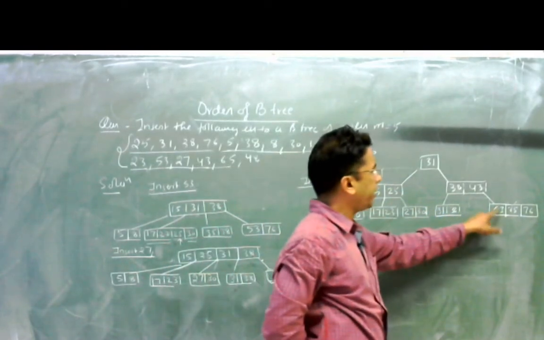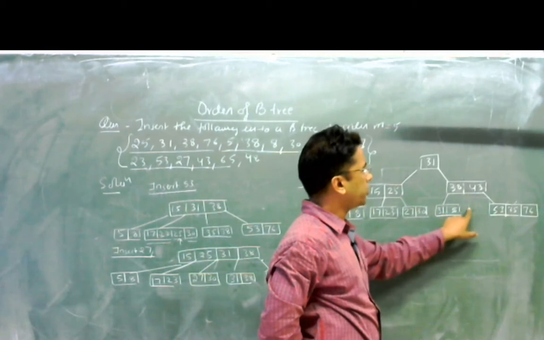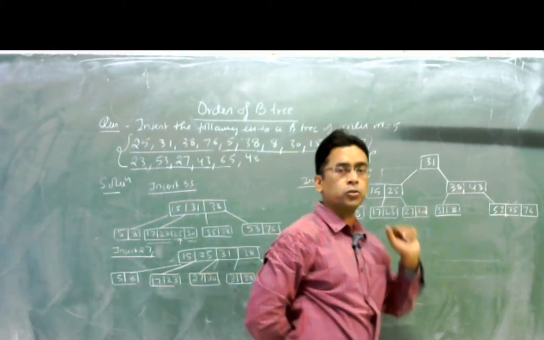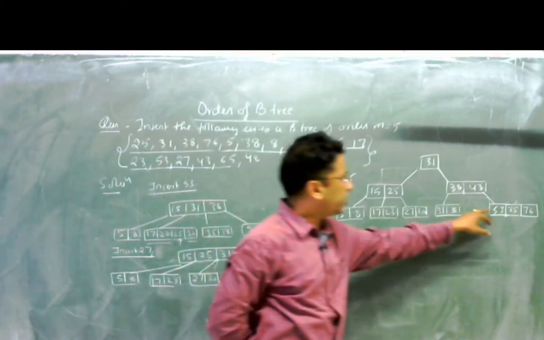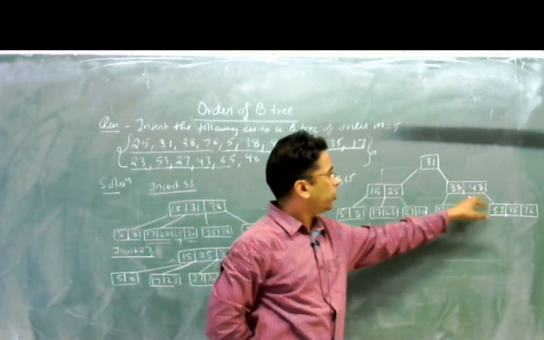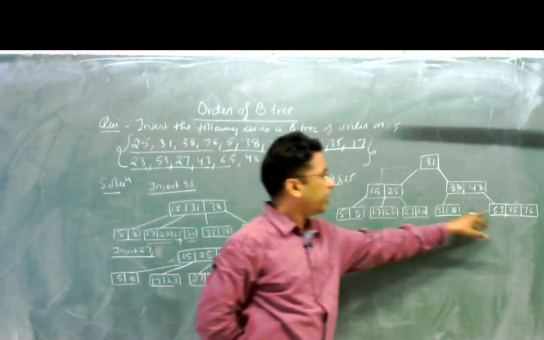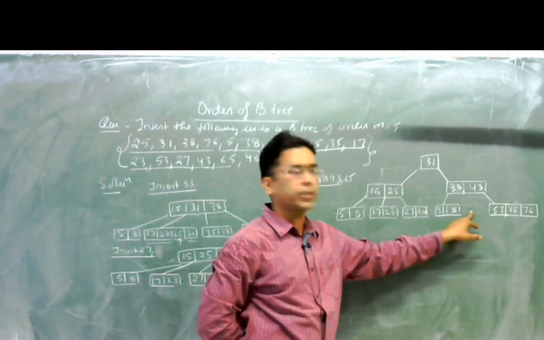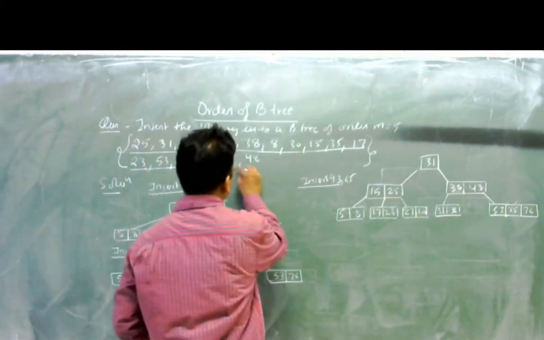Now when we insert the next element, even in this position it will try to shift some node to this position, but after shifting there would be a single node, and this is not allowed. The minimum number of nodes is equal to 2. In this unstable state, even in that situation there would be a single node, and a single node is not allowed. So when we insert the next element 48,